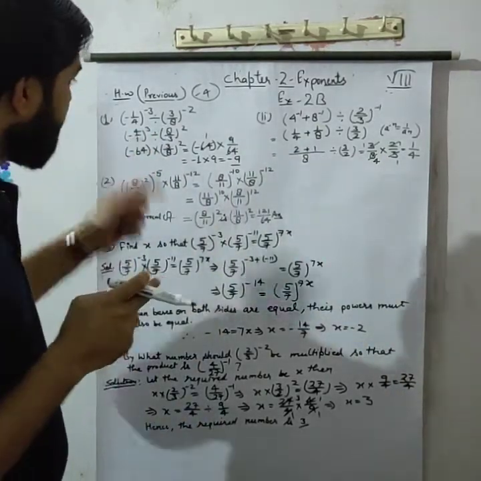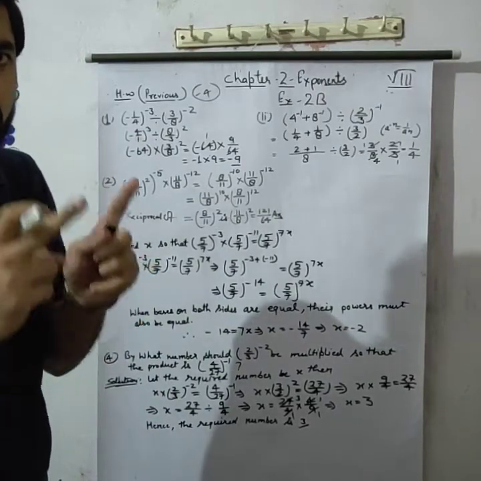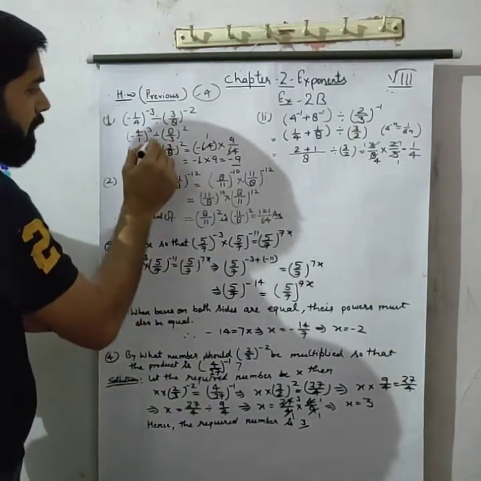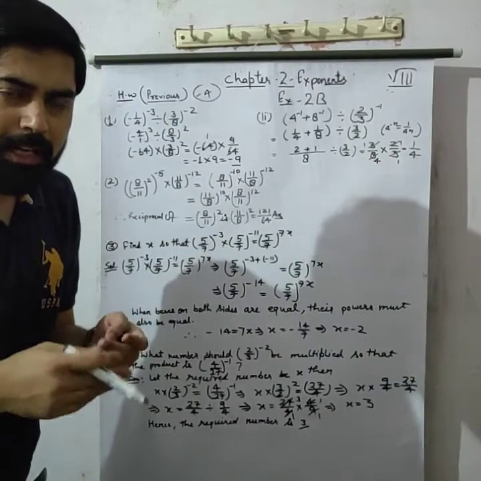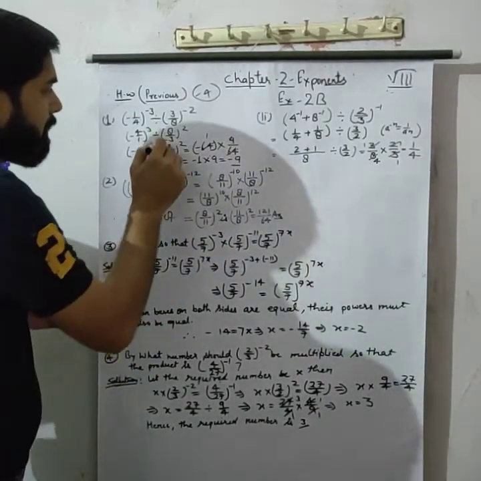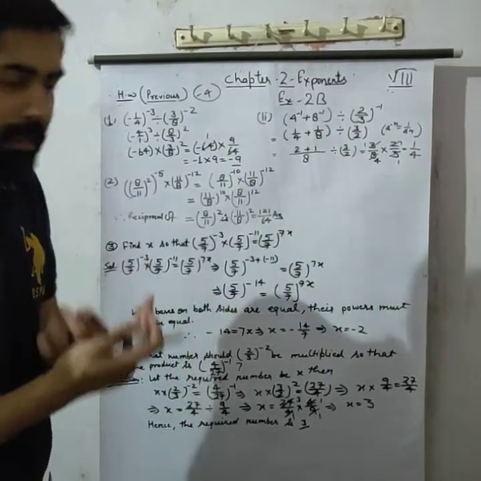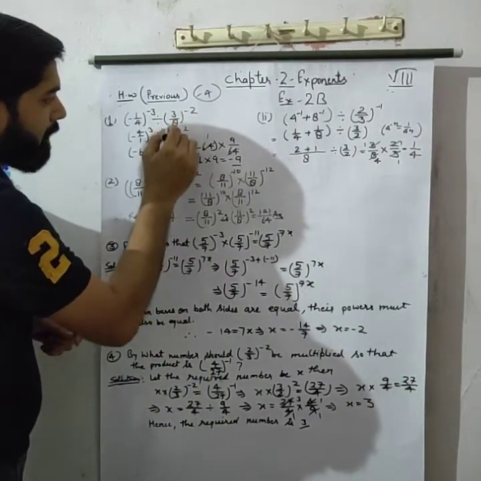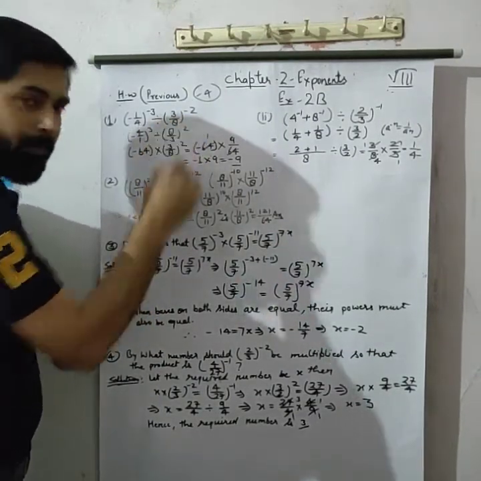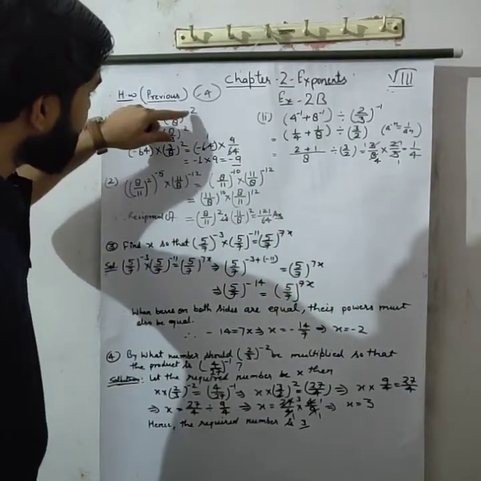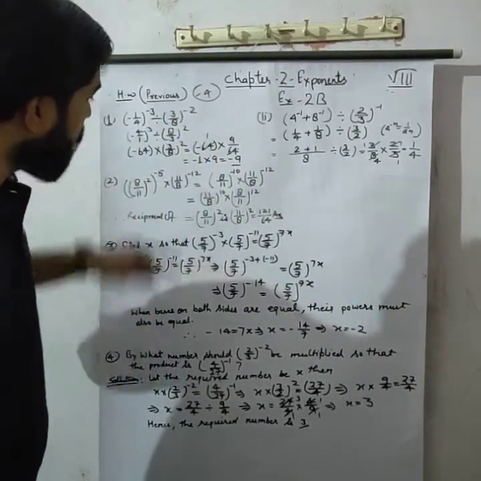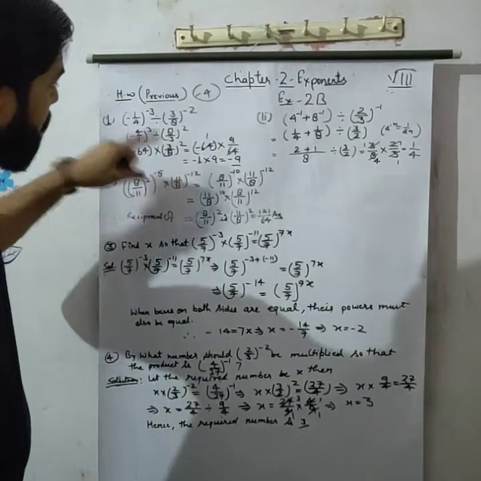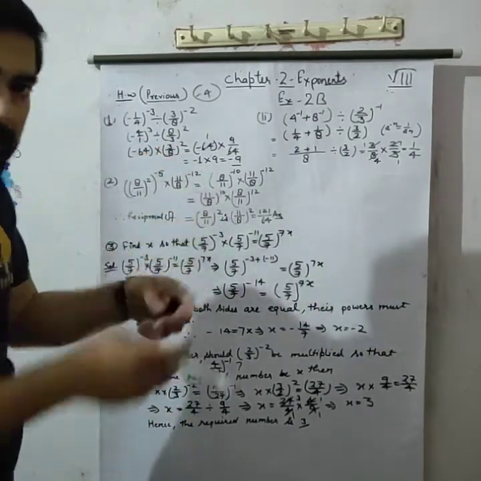Then this is a division. Keep in mind this is a division, and you know very well how to solve the division of fractions. So in a division, write the opposite sign. What is the opposite of the division sign? Multiplication. Then 3 upon 8 again. Now this is the lesson: 3 upon 8 and 3 upon 8. Don't confuse the two lines, because this one was converted according to minus 2, and this fraction is converted according to the division. So 3 upon 8, then open the bracket.